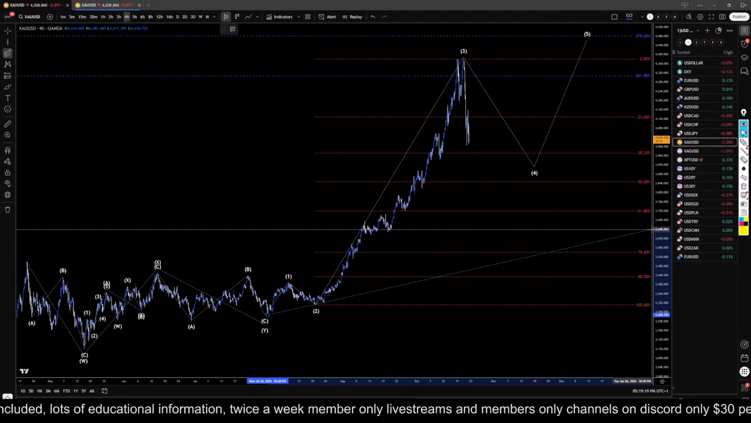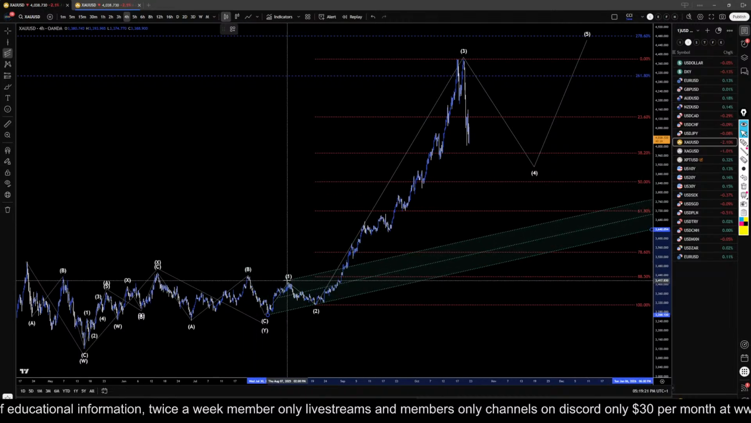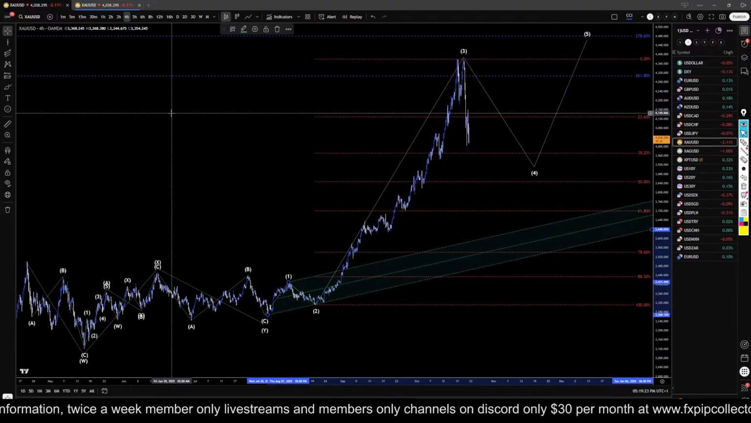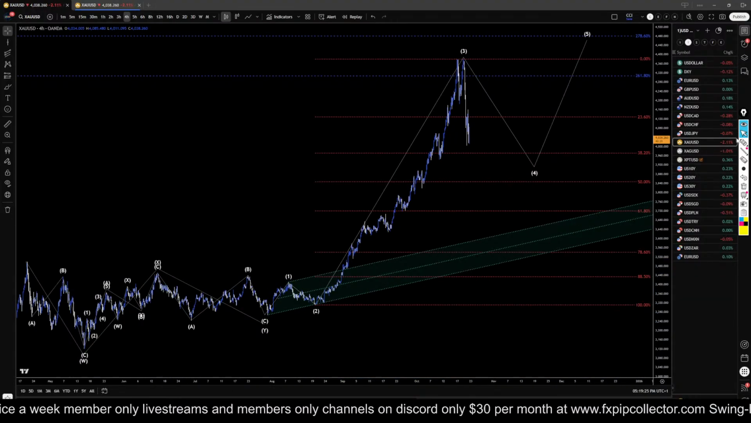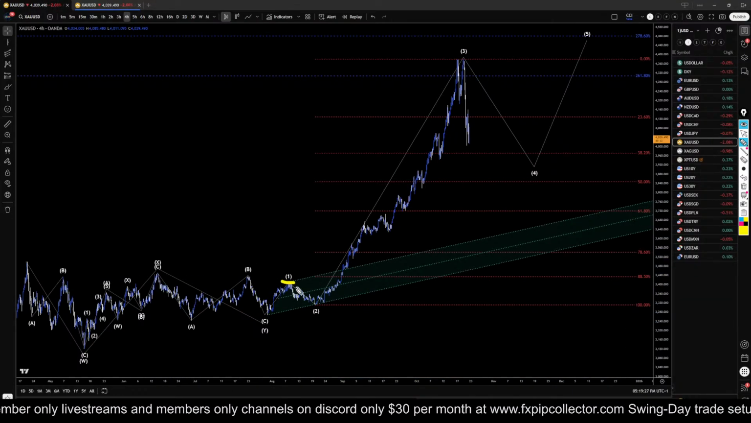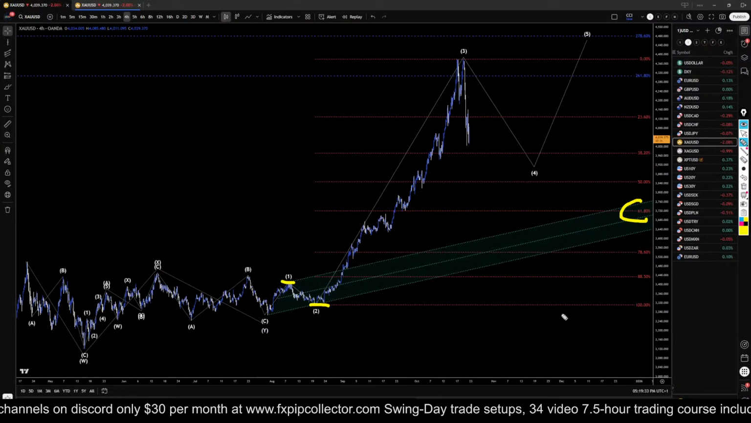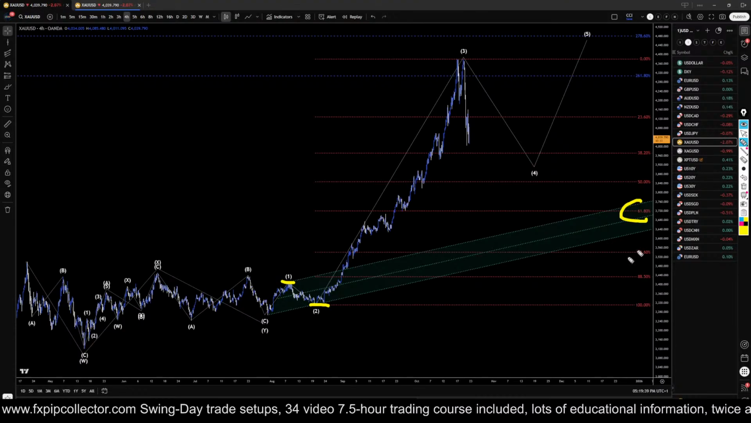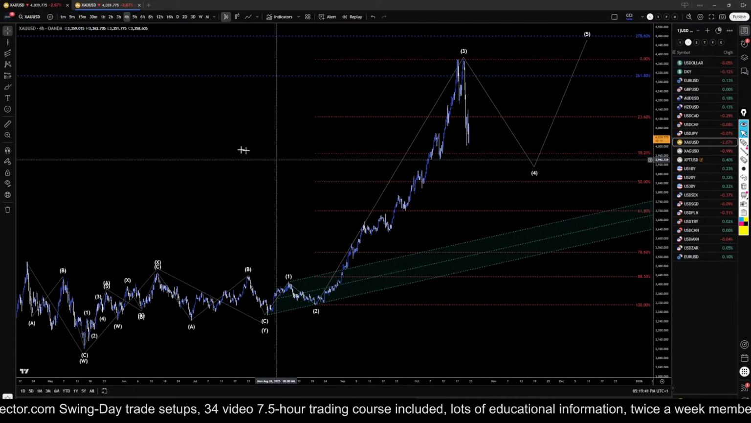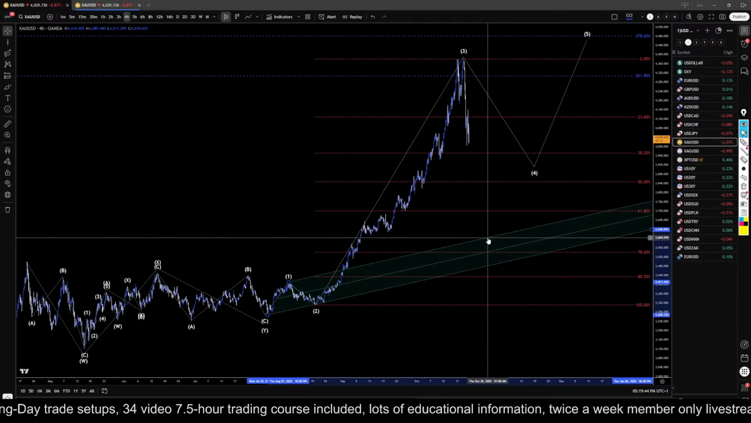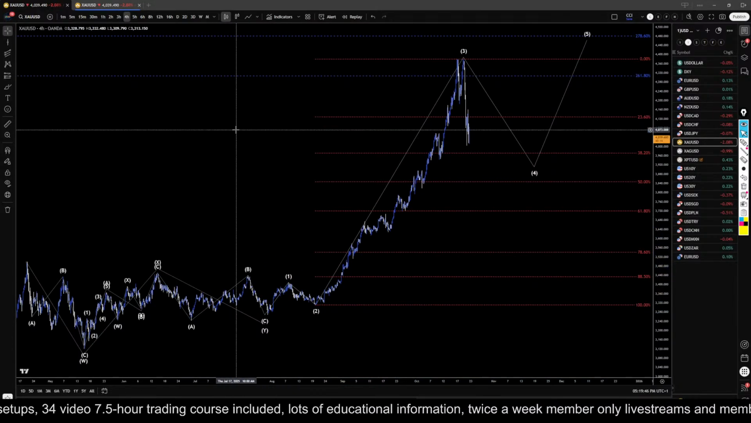Oftentimes, the base channel will tell you where the wave 4 will end, but oh boy, that's a pretty deep base channel. I don't think it's going to go that far. A lot of the times, the base channel from the wave 1, wave 2 will give you the projection for the wave 4, which actually would put us all the way down to the 61% Fibonacci retracement, which I guess is definitely possible, but that would be a pretty aggressive wave 4 if it went down that far, that's for sure. I don't know if I would trust that that is going to go that far down, but